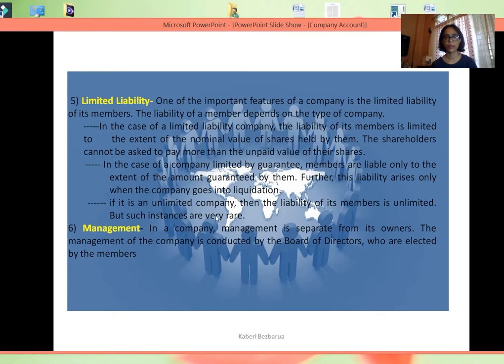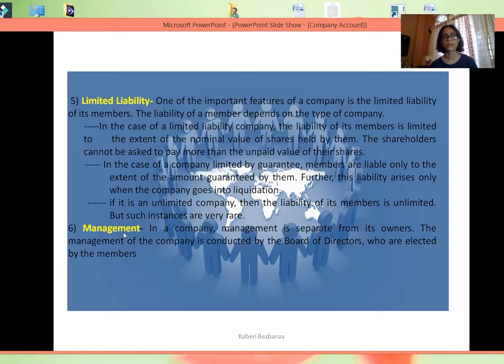And there's a third type of company as far as liability is concerned. It is unlimited. This is very rare. But still you should know that here the liability of the member is like that of sole proprietor and partnership forms of business, that is, liability is not limited. It's unlimited. So in case of paying off the debts, it can even go to the private properties of such members. But this form of business is very rare.